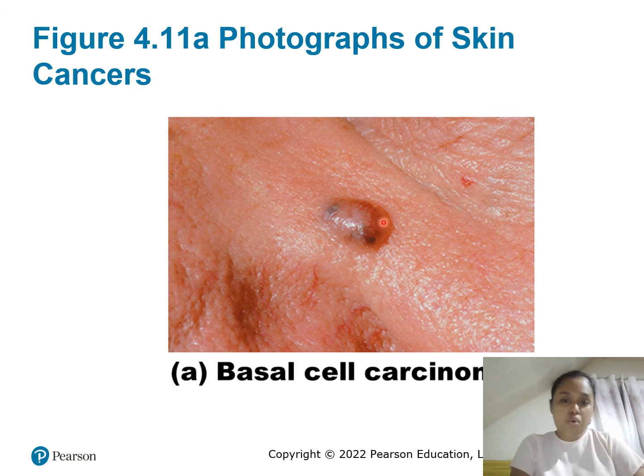See, it has a dome. It looks regular, but it has weird colors on it. The color is not even, although it is dome-like, and it's kind of benign looking, right? But it's not, because